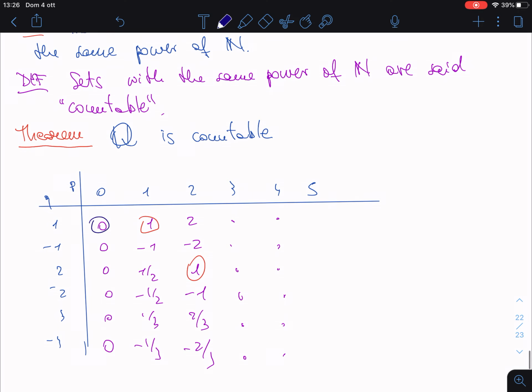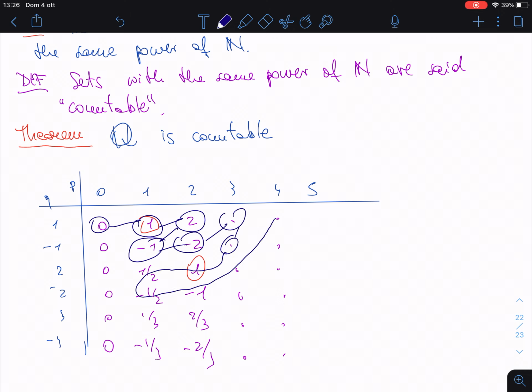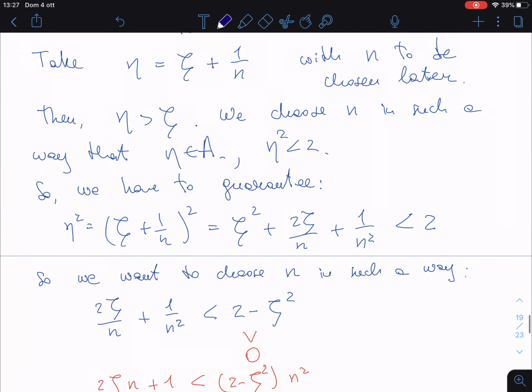You start here from 0, for instance, then you go to 1, then you go to 2, then you go back to minus 1, then you go back to minus 2, then you go back here and here. So you have to do a path here that covers all dots, and you can do that. This is a way of counting the rationals, but you can do also like we did in a previous video